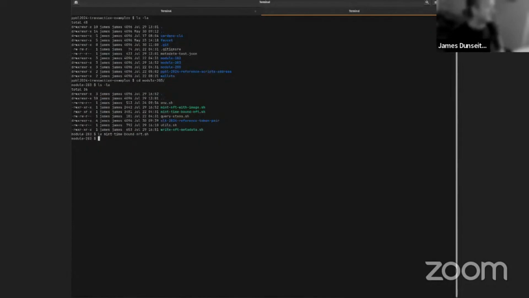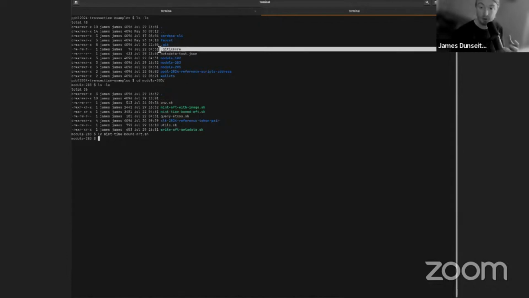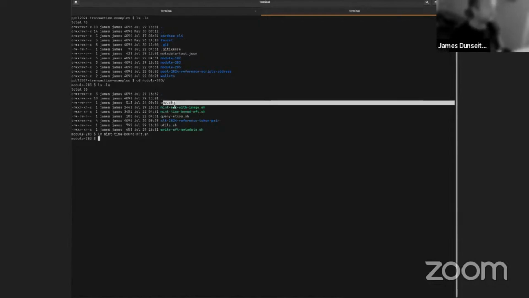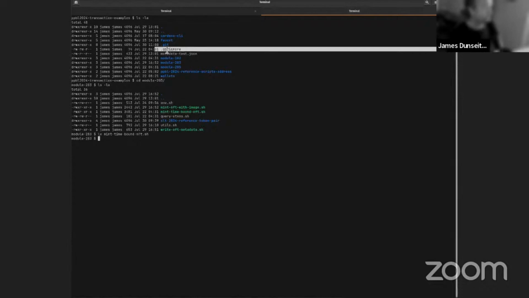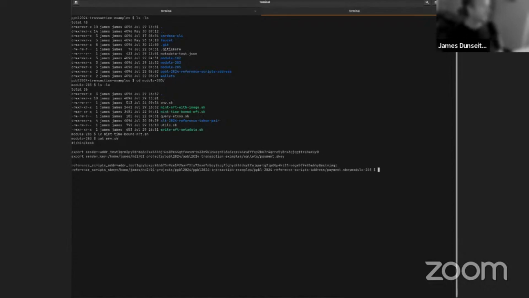You can see that I have an env.sh file. This is included in the git ignore, so you won't find it in the repo. And if you make your own env file, you don't have to worry about that getting accidentally pushed up because, once again, it's already included here. But let's just take a look at it. So I'm doing two things right here. I have a sender address, like I just mentioned, and then the path